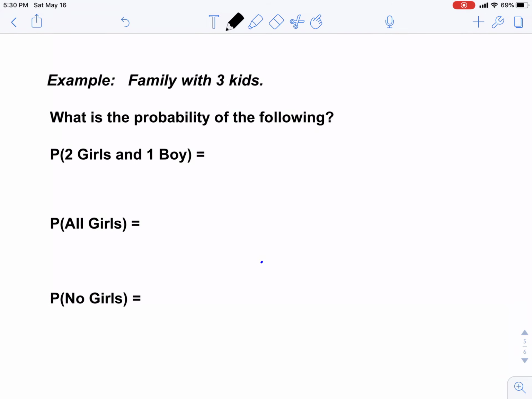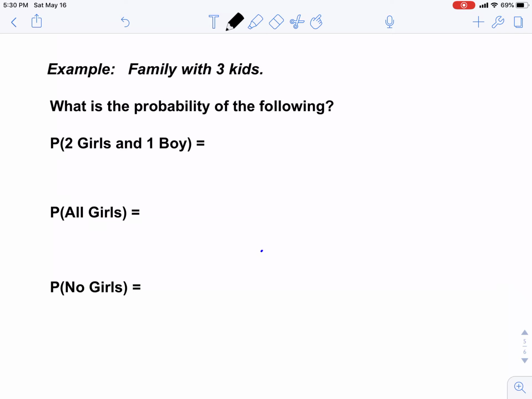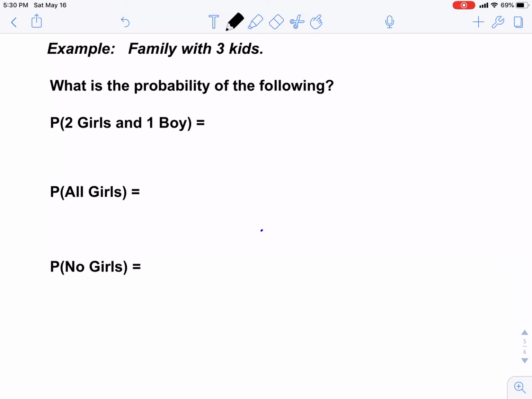All right, let's go to a little fundamental counting principle action again. Family with 3 kids. What's the probability that the family had 2 girls and 1 boy? Probability they're all girls. Probability none of them are girls. Okay, well, first off, we have to think about what our sample space is. It's not laid out in front of us like the last one where we were rolling 2 dice, or a deck of 52 cards, or flipping a coin, where it's heads and tails and we know the outcomes. So we have to go through and figure out the sample space here. Well, we can do the tree diagram option, or we can just say, hey,